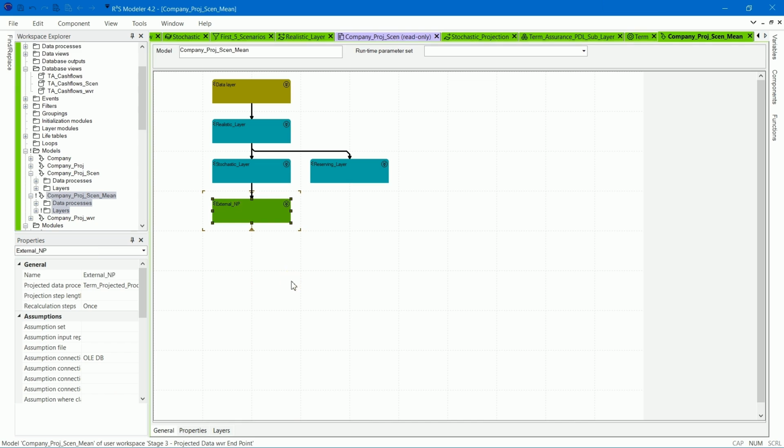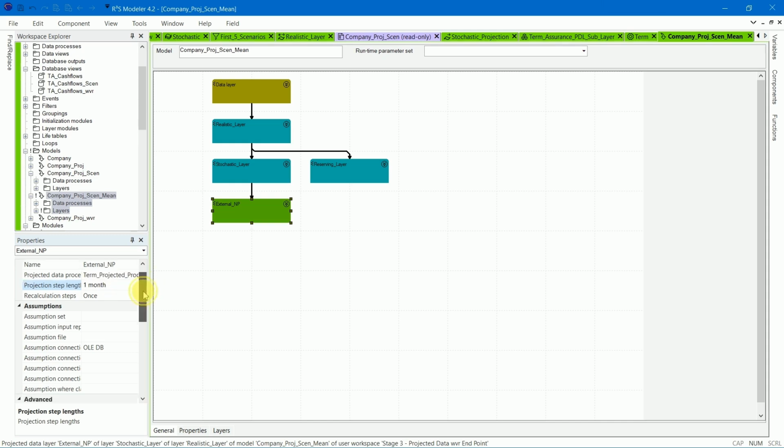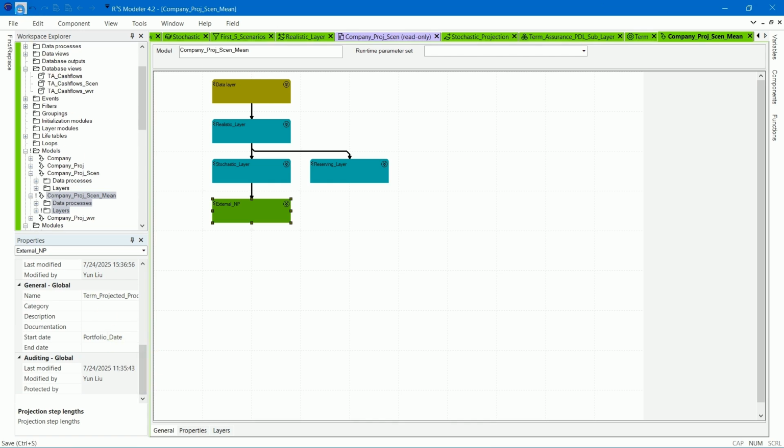In the Properties panel, set the projection step length to 1 month. And confirm the start date is Portfolio Date. Click Save. This is the model setup for returning the mean value from the sublayer in the same model.